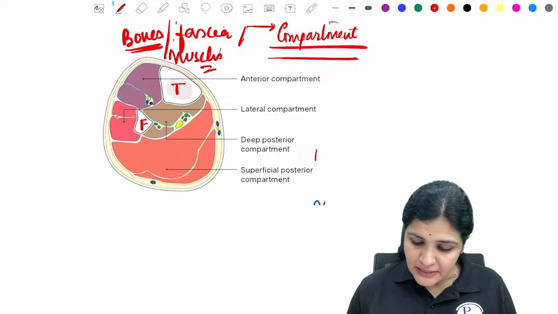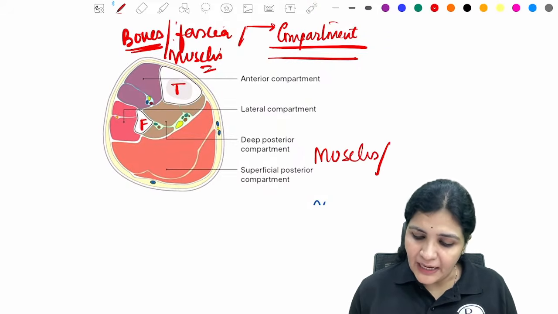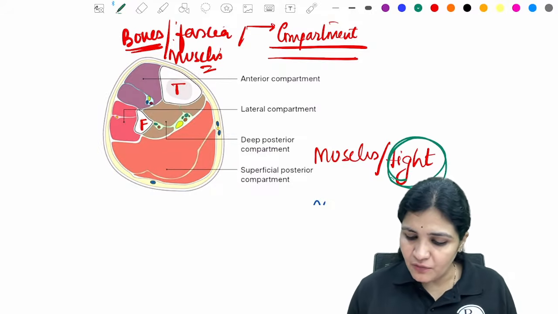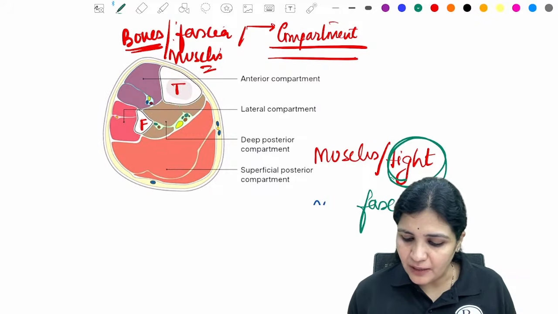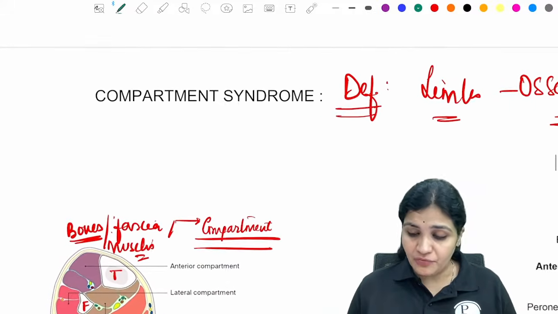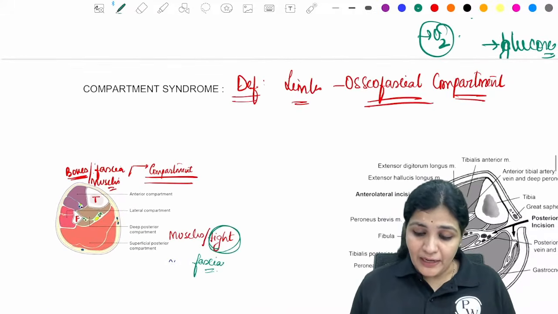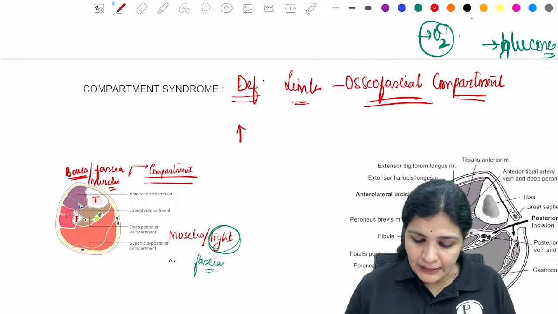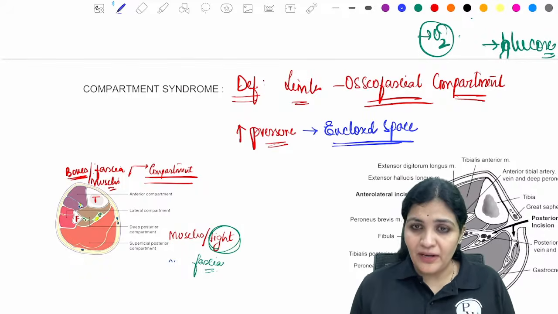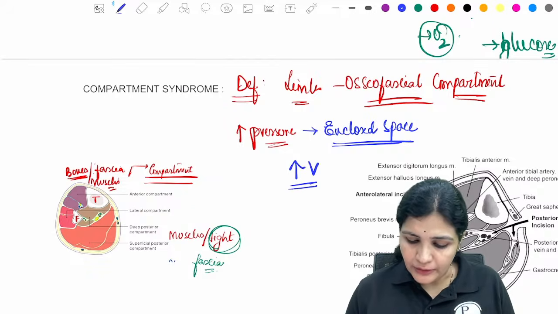So these muscles are enclosed by a tight structure. Underline the words tight structure, which is called the fascia. So here we are dealing with this osseofascial compartment, right? So whenever there is an increased pressure, because this is an enclosed space, enclosed space. So whenever there is an increase in volume,